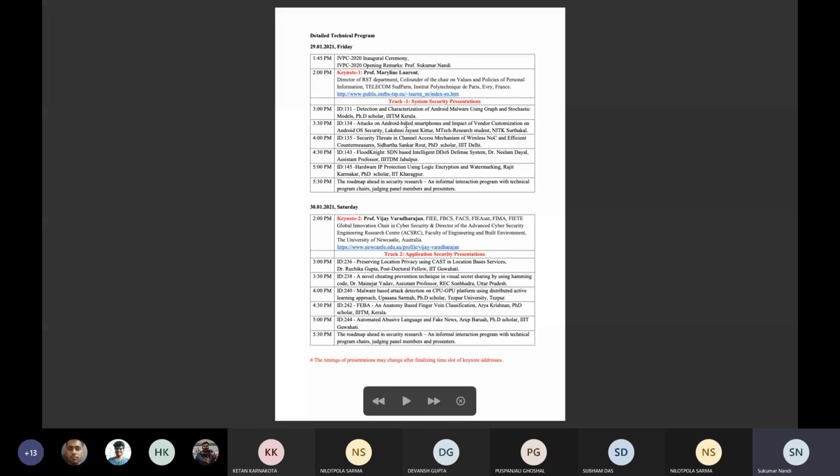Out of these 5, first, second and third each day will be shortlisted, for which feedback from the participants is also necessary. The participants will get a 20,000 first prize, 10,000 second prize, 5,000 third prize and a certificate, plus they can come to IIT Guwahati and spend some time.